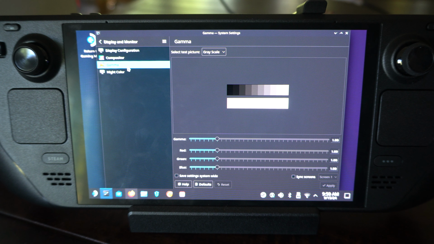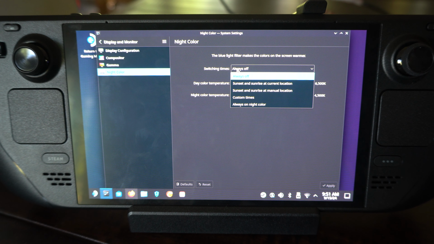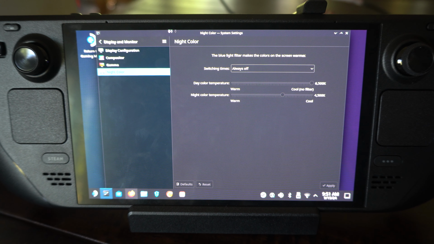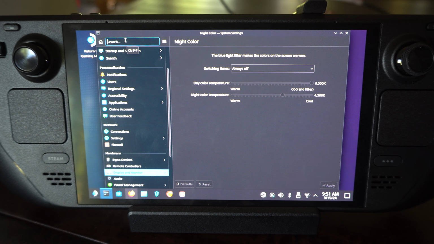Then we can go down to like the night color. We can change the different gamma, blue, right, everything here. And then if we want to change this on, we can always put this on. So you got a blue light filter. So just go to the display configuration, and I have no connected monitor, but hopefully this video did indeed help